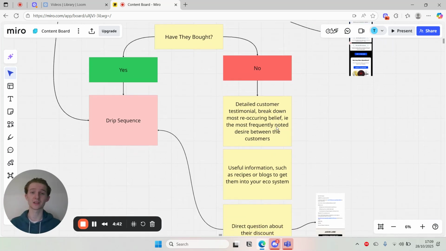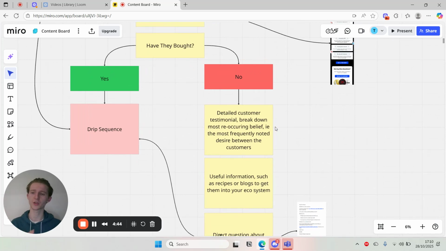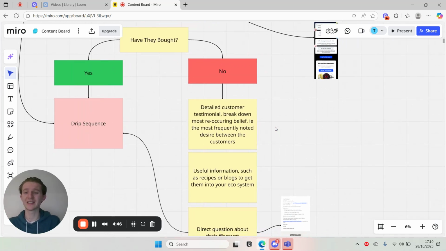If you then go into the no wing of they haven't bought since starting this welcome flow, then you're going to do something called a detailed customer breakdown. Now, what this will be is if you go into your review section, copy and paste all of your reviews, put them into a Google Doc and run through them. Find what the most reoccurring belief is. And by belief, I mean like a desire or objection, tally them down, and then make emails about testimonials that are in detail about said desire